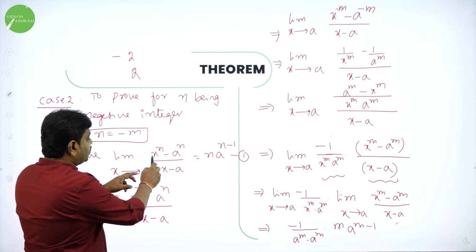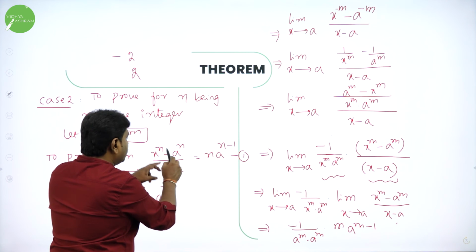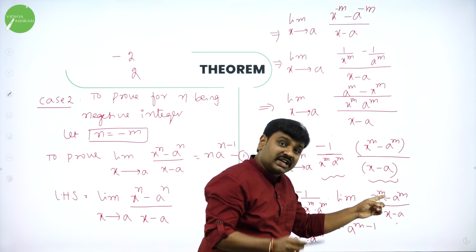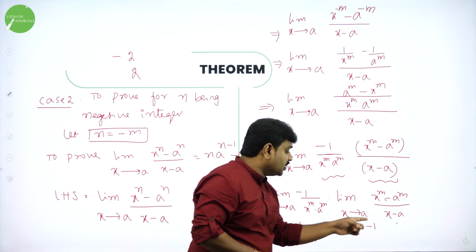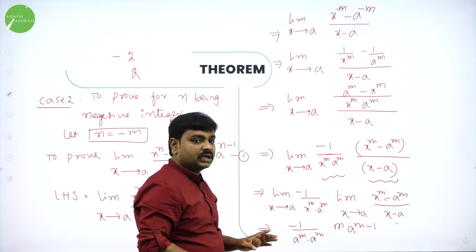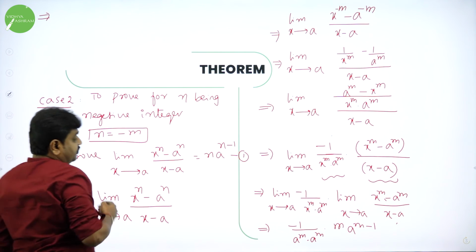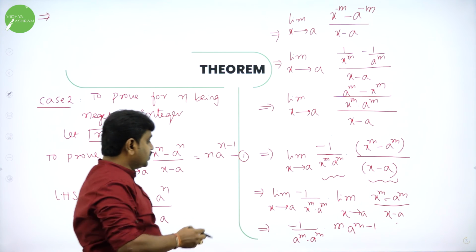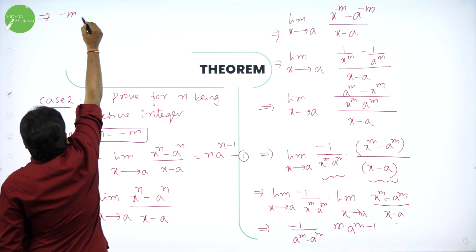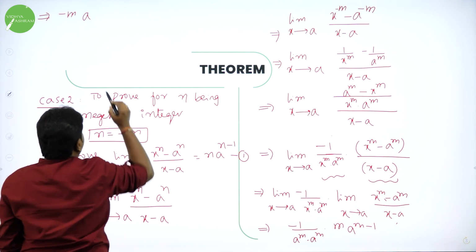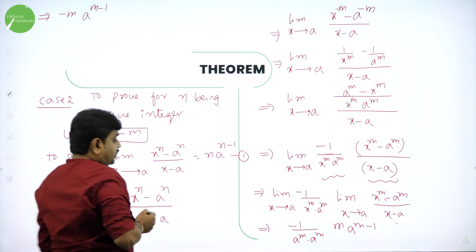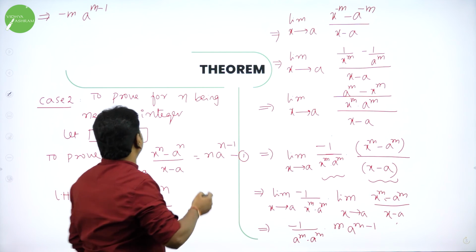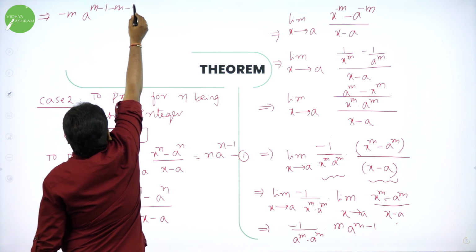You know, limit x tends to a, x power n minus a power n by x minus a is n into a power n minus 1. If this is n, we will get this. If n is positive, it is true. Now, m is positive, minus m is negative, but m is positive, so I can apply the theorem. When I apply the theorem, I will get m into a power m minus 1. Now, I will simplify this. That implies here a power m into a power m is a power 2m, take it up. So, minus m into 1 is minus m, and a power already I have m minus 1, and here a power m into a power m is a power m plus m, which is a power 2m, if you take it up, it will become minus m and minus m.